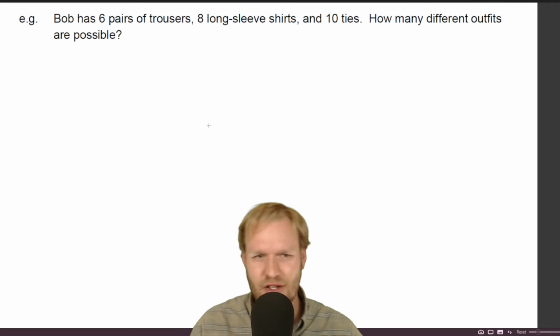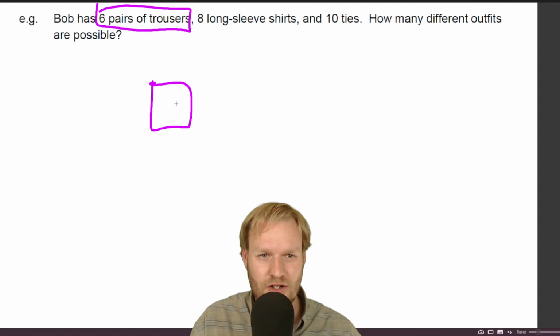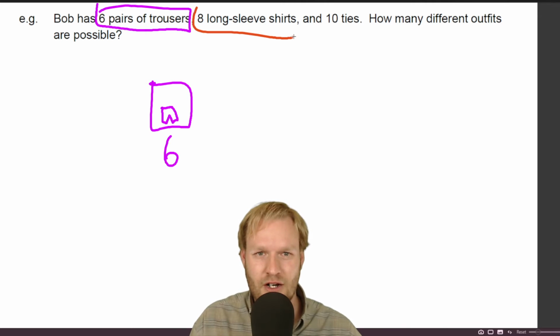Okay, so again, I'm going to look at it here. We've got 6 pairs of trousers. So when we look at the trousers, there are 6 different options. There are 8 long sleeve shirts. So if we're looking at long sleeve shirts,